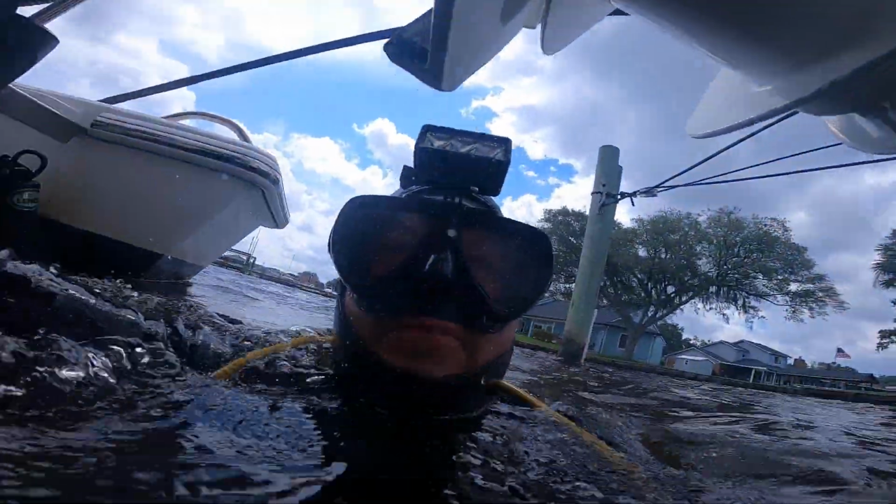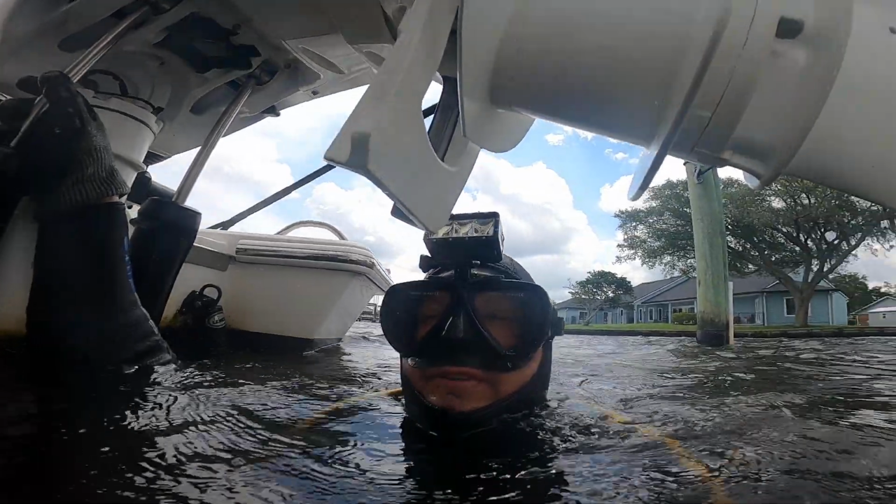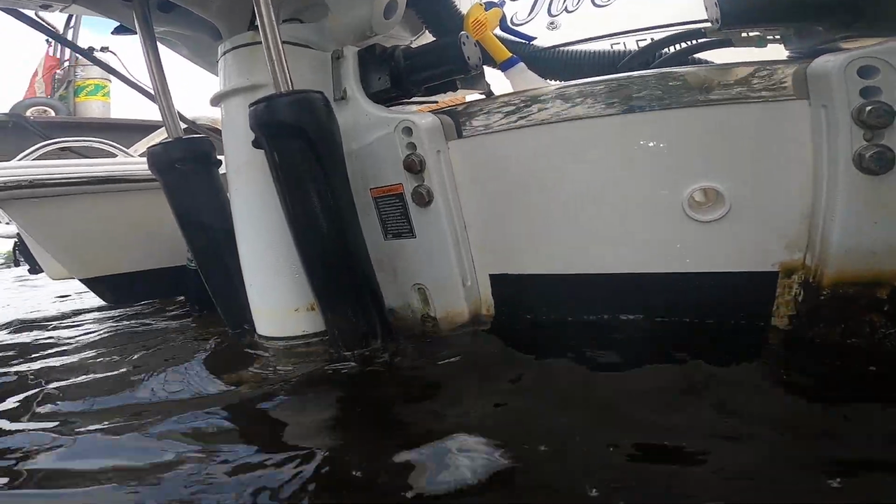So I'm going to get her all cleaned up. I hope I have a couple of R3s or R4s in here. If I do, I will get those put on. That looks a lot better. I will tell you, within 10-15 days, maybe even 5 days, that's not going to look white